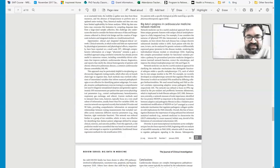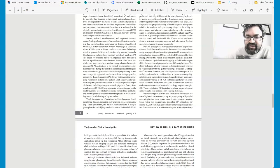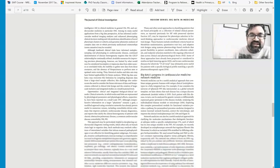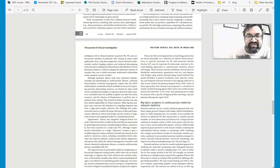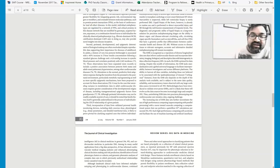And then this ends with some of the opportunities that are available, but also limitations. Of course, we've talked about how big data can lead to much more diverse longitudinal data sets that inform cardiovascular disease and incorporate many levels of data such as laboratory, imaging, biological, and descriptive data with heterogeneity in data collection frequency. So the electronic health records are already primed for data mining. And despite this wealth of information, the EHR lacks standardization. So there's a need for a global universal language for big data. And so physiological data, for instance sleep parameters and nutritional data, are pivotal for acquiring cues, informing